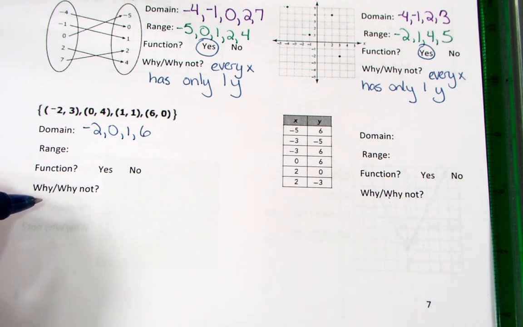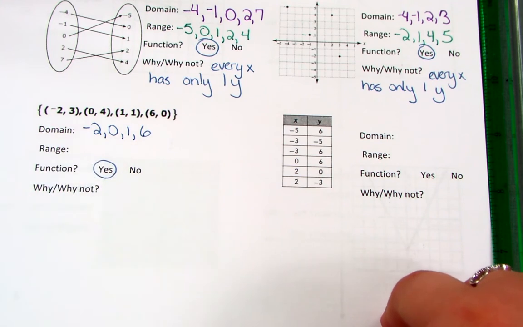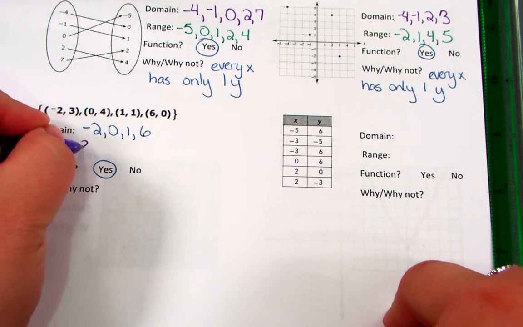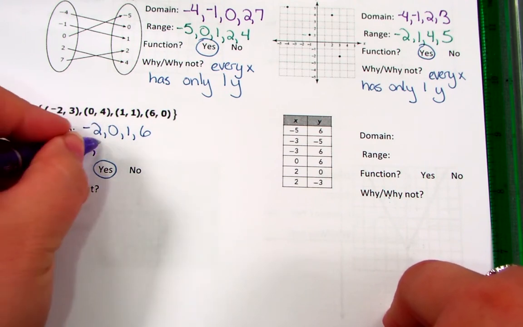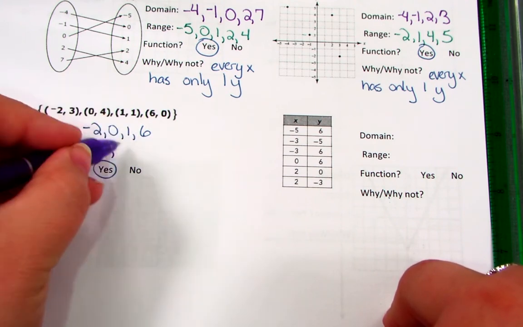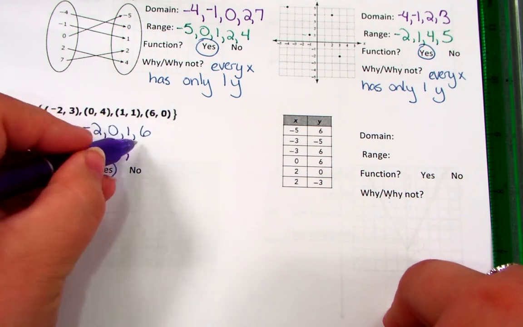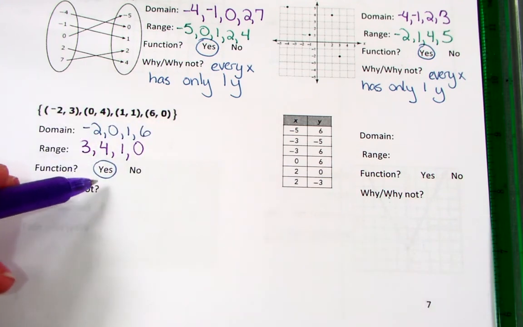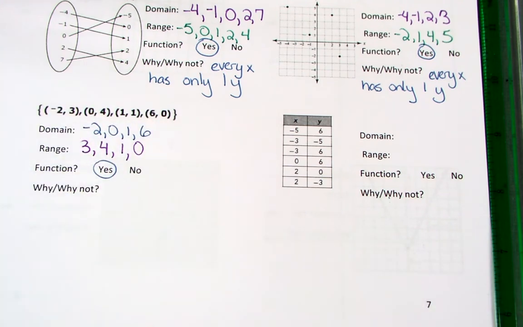Now right off the bat, there weren't any repeats as I was going through that. So I could jump right ahead and say, hey, yes, you're a function. Let's look at the y's: 3, 4, 1, 0. Notice I was able to say, yes, this is a function before I even looked at the y